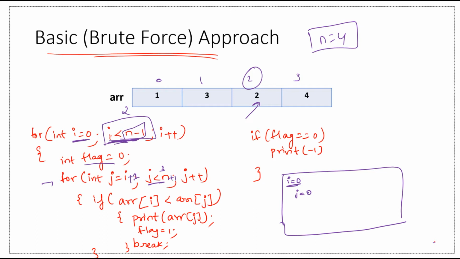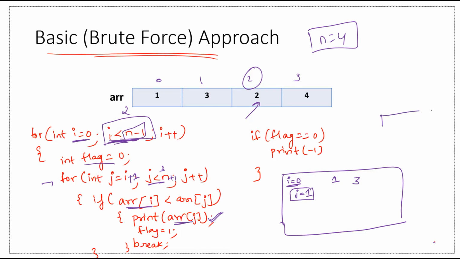Okay, it won't make that much difference, but yeah, we can write i plus 1. So j will be index 1. So this is the index value. Now here I am comparing if arr of i. So what is arr of i? So arr of i is 1 and arr of j is 3. So I am comparing if arr of i is less than arr of j. Yes, if it is, then print j. Okay, then print that element.